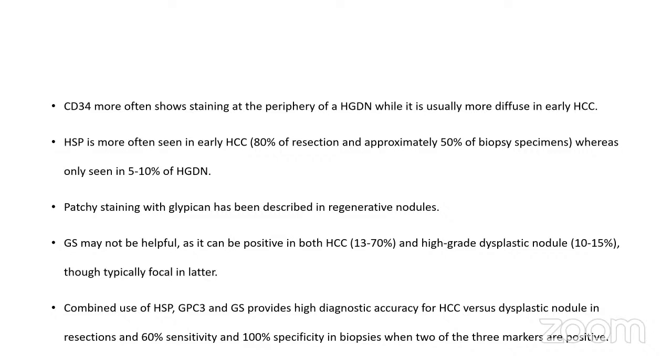So the recommendation is to use all three of the stains, and if two of the three stains are positive, most likely it's an HCC. The three stains to use would be heat shock protein 70, glypican 3, and glutamine synthetase. If you have two of these three markers positive, then they have a sensitivity of 60% and 100%